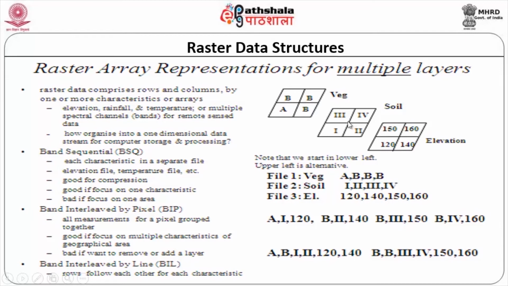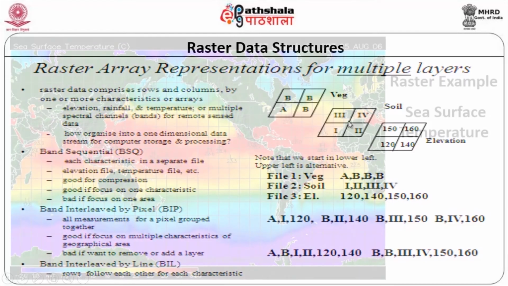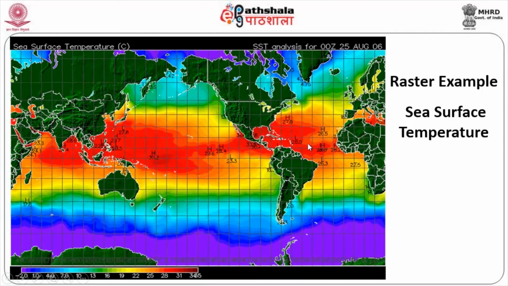One of the very tough methods of storing raster data. Here is a simple example of raster data, how sea surface temperature is represented. Of course, you can see here you have both raster data as well as vector data. Can you visualize that? These lines indicate the boundary of each and every country and continent. Internally you also have small country details, various countries in Africa and South America. You find the values are shown like this. You have a vector layer indicating the boundaries.